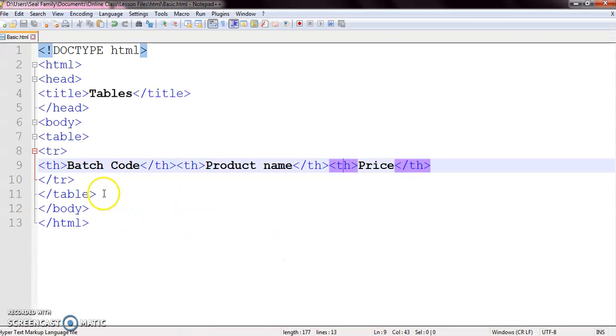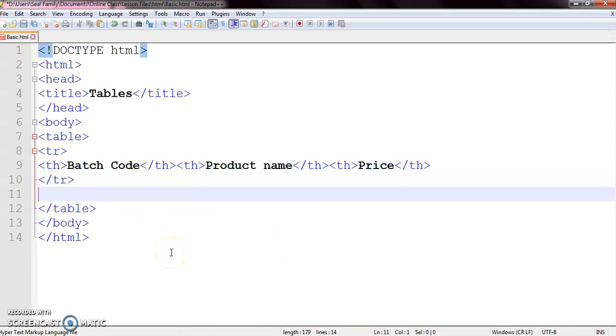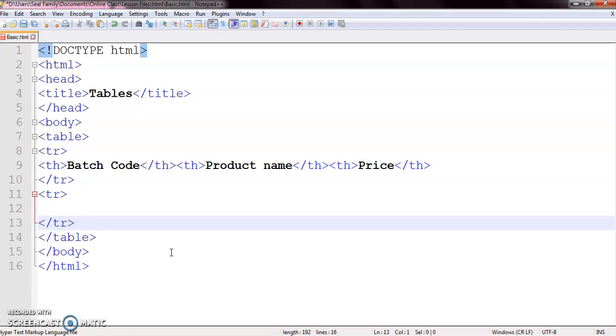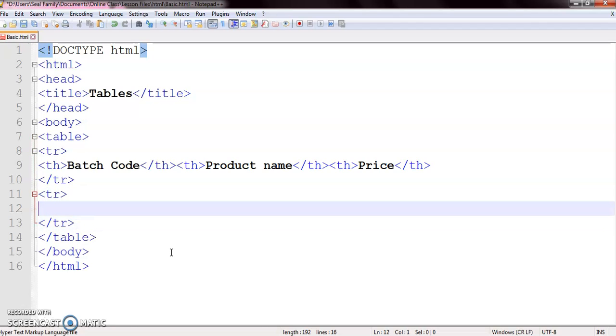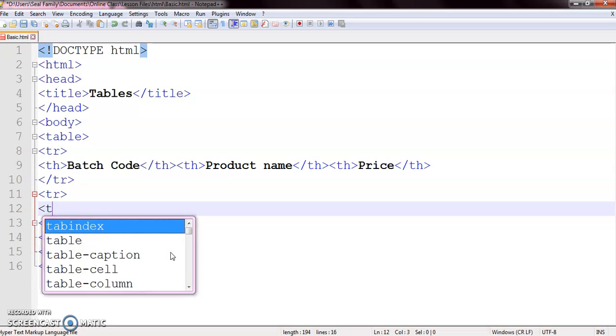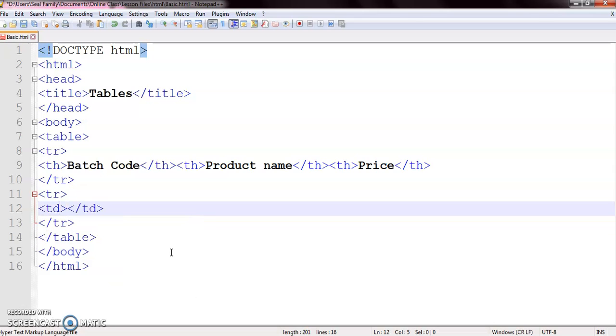Now let's add the content. To add the content, you have to first create your row once again. Always remember, you have to create the row first and then inside provide the TH or TD element. There were 3 columns, so there will be 3 TD elements.